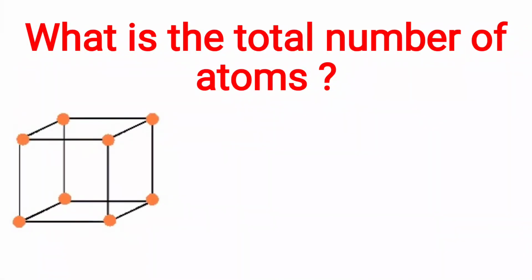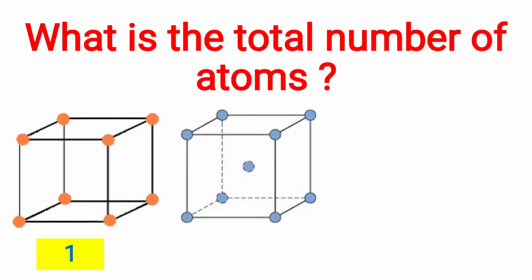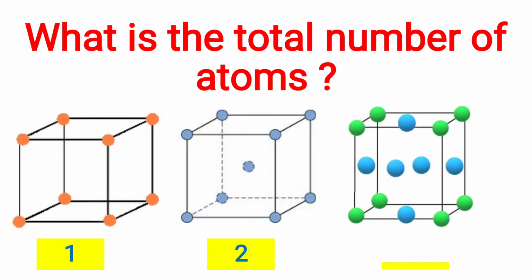So, what is the total number of atoms in any unit cell that we talk about right now? Here, primitive unit cell, 1, right? And then we spoke of the body-centered cubic unit cell. How many? 2. Then we have the face-centered cubic unit cell. We have 4. So remember this. In case of a primitive, 1. That is in case of a simple. In case of a body-centered, 2. And in case of face-centered, it's 4. Even without calculating, you should know that it is 1 in primitive, 2 in body-centered and 4 in face-centered. Okay, this has to be clear.